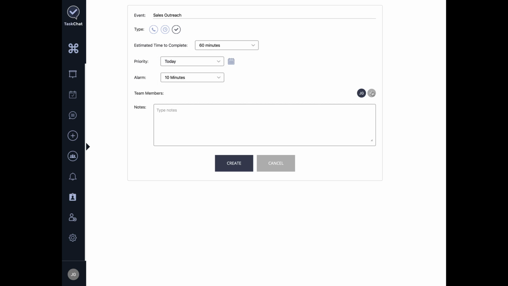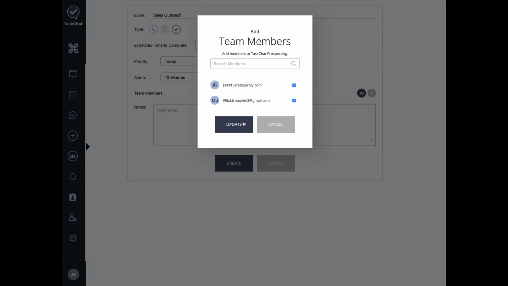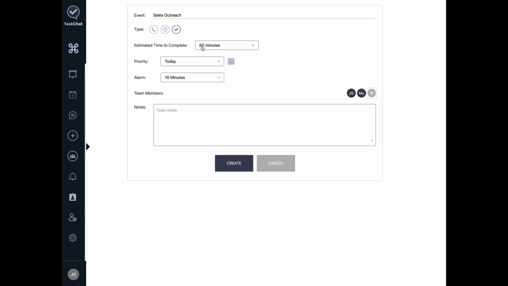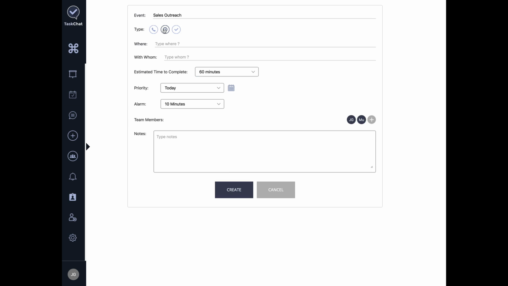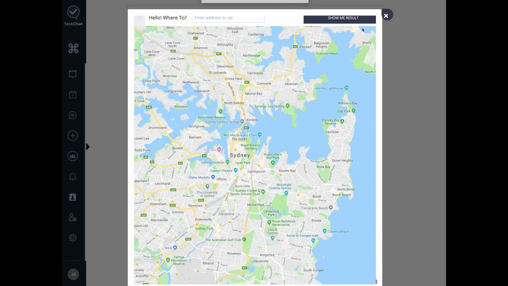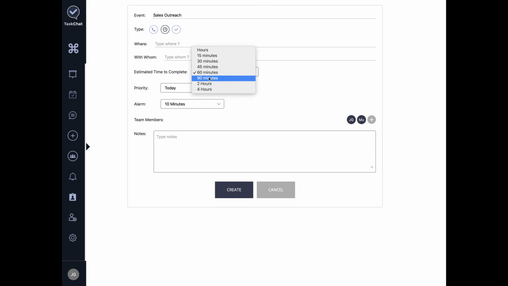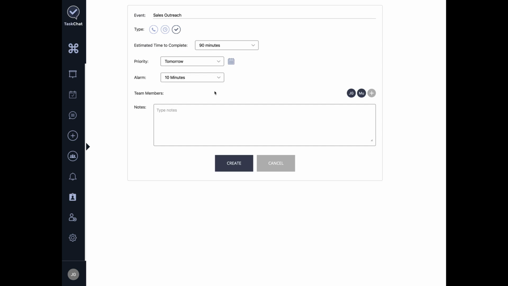So let's say I want to create a task, and let's say it's a couple of people involved. What it's going to do is automatically find a 60-minute opening between mine and Moose's calendar, and automatically fill it in there with a click of a button, right? So it's great for meetings, phone conversations that you need to have, if you're going to a specific location or whatnot. But all you need to do, again, is select when it needs to be done by and the amount of time that you estimate you're going to need, and then it will automatically find that 90-minute opening, for instance,